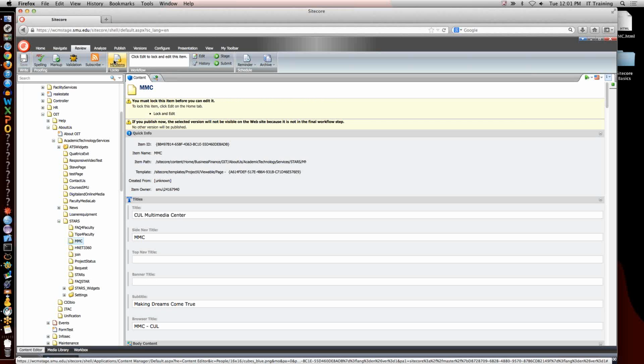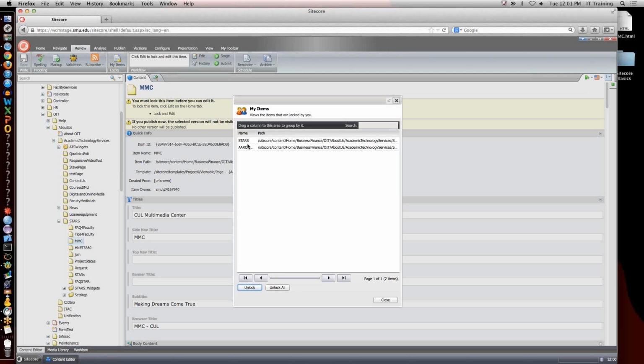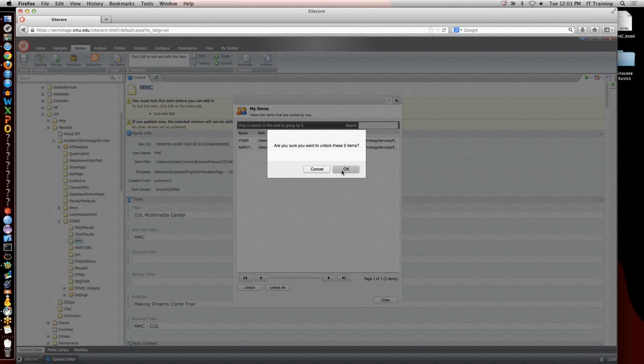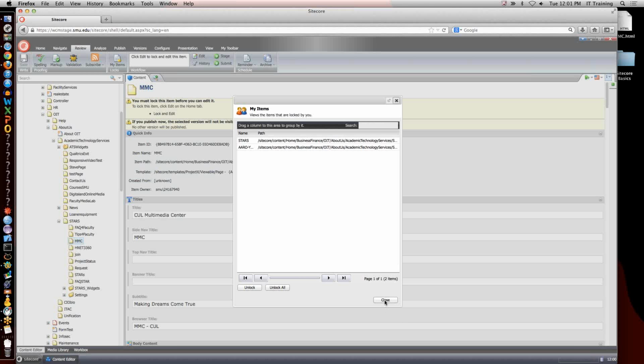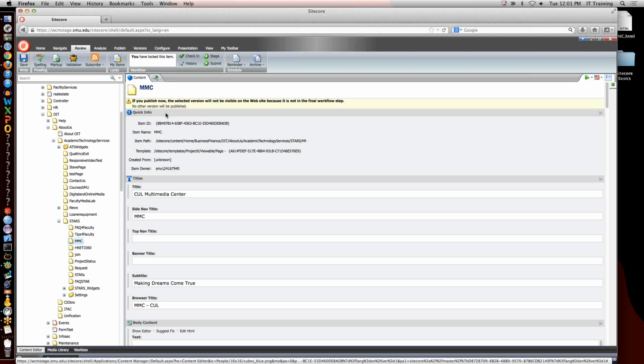Again, I can also do that under the My Items, and I'll show all the things that I have checked out. So in this case, the stars page, the arrow YouTube widget, I can unlock those and I'll check those back in too. If I want to come back and edit that page, all I have to do is click the lock and edit, and then I will be able to edit that